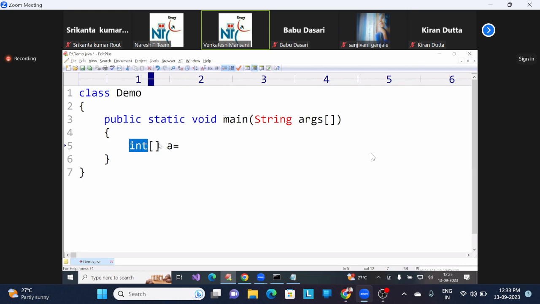Data type, then only write the array operator. After that, a space. After that, the array reference. Now, new integer of 10. Now 10 elements of memory are allocated. By default, all values are zeros. All zeros. Okay. Now, here, if you want to print